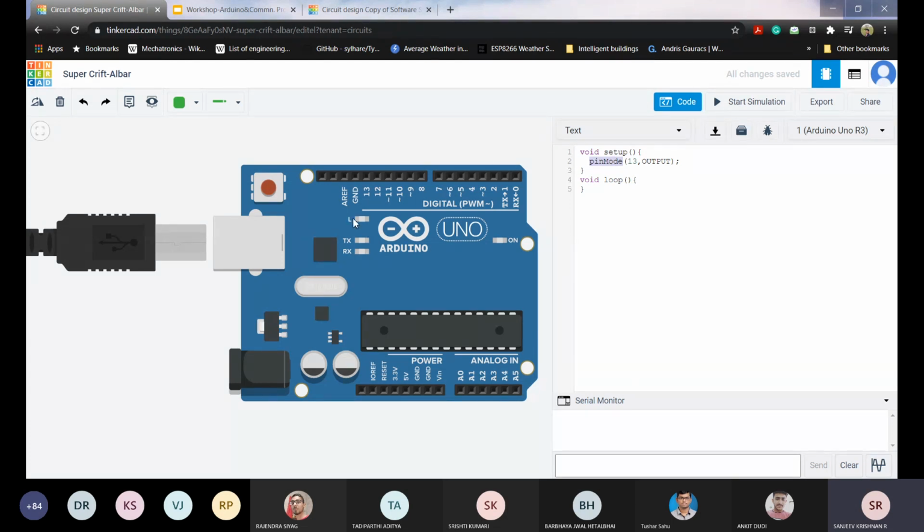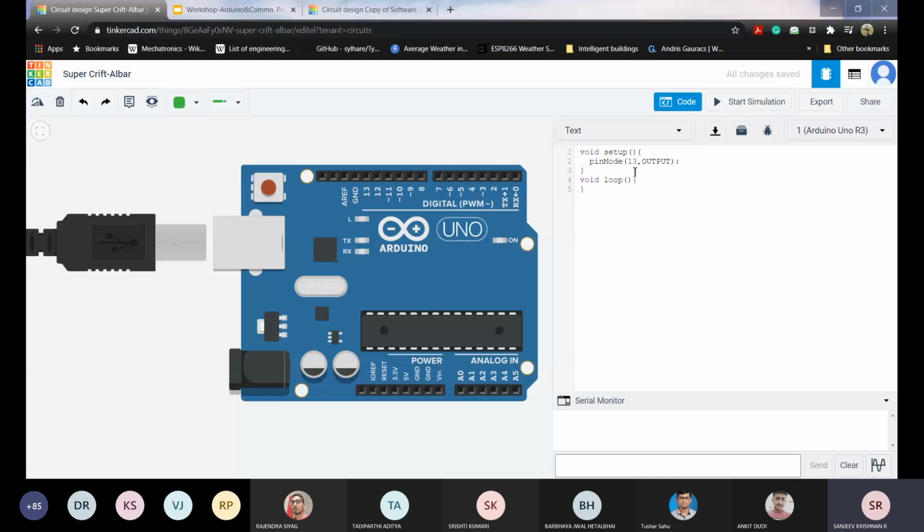Similarly, here we'll declare the pins. Here we are going to use an LED. The LED is connected to pin number 13, which means we are going to use pin 13. You can see D13, which means digital 13. So we'll use the function pinMode, where M is capital and other letters are small. This function has two arguments. The first argument, or first parameter, is the pin number, which is 13 here. The second parameter is the mode, either INPUT or OUTPUT, everything in caps. Okay, fine.